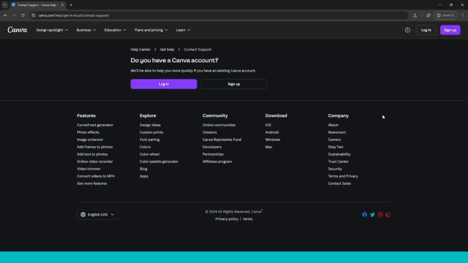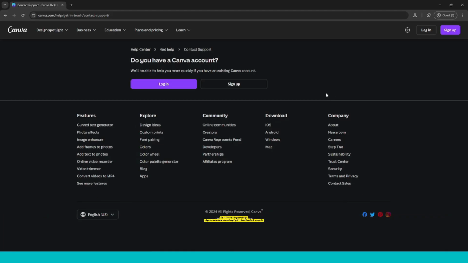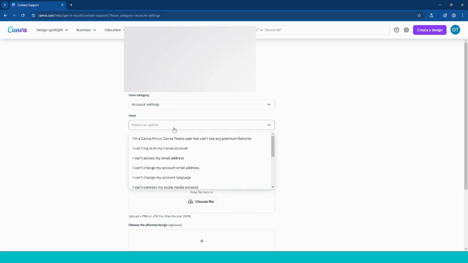If your email was changed, you want to head over to Canva's support site. It's on your screen now and it will also be in the description as well. And you're going to need a Canva account for this, so you will need to go and create a new one or use someone else's account. So after you log in, it's going to ask you to select a category. You want to select Account Settings, and then under Issue you want to select I can't log into my Canva account,